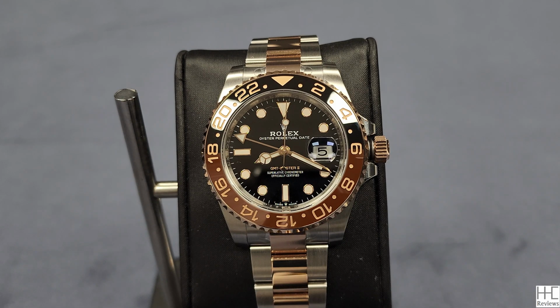So today I'm doing another GMT Master 2. This one is the GMT Master 2 Oyster Steel and the Everose Gold. Nickname Root Beer, model number 126711CHNR. I've done a lot of GMT Master 2 reviews because I've owned a regular GMT Master 2,